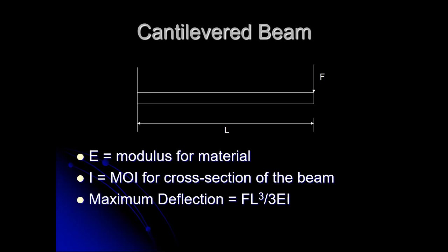Here we've got FL cubed, same as we had in the previous problem. We've got E and I in the bottom, same as the previous setup. But now the number is 3 instead of 48. So instead of dividing by 48, we're dividing by 3. That essentially means that everything else being equal, the cantilevered beam will have 16 times more deflection than the simply